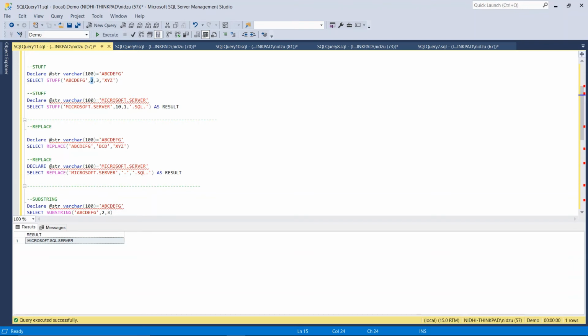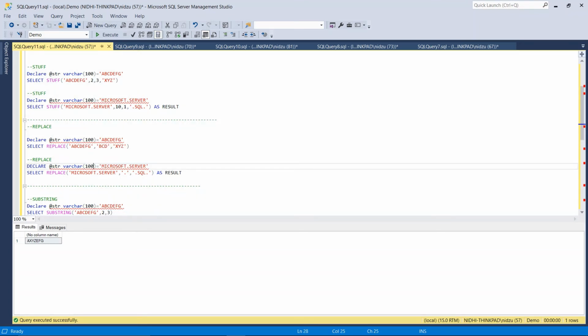But in REPLACE, we have to just take the original string and the part of the string which we want to replace. Instead of position as in STUFF, we use the actual string here. Like BCD we want to replace with XYZ. When I execute this query, I will get the desired result: BCD is replaced by XYZ.